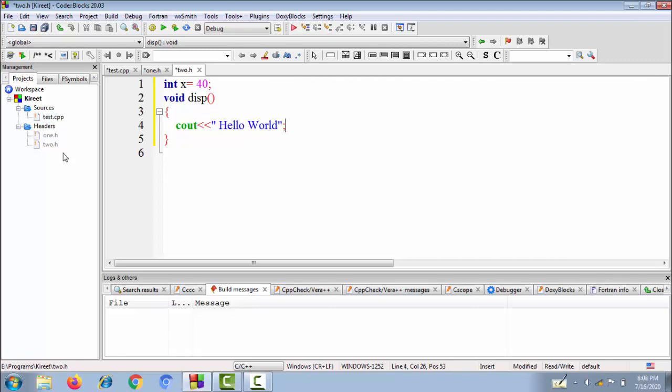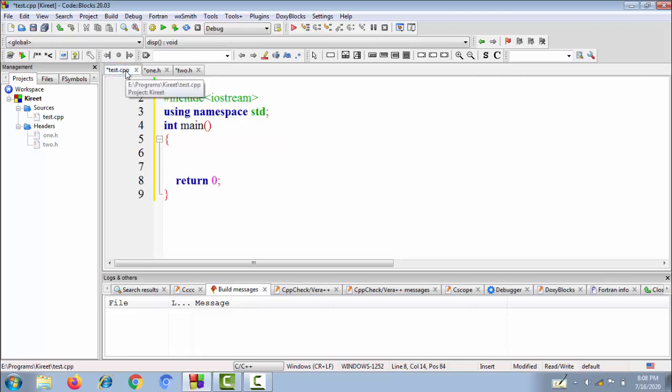So my main task now is that I have to link the code that I have created inside the header files into my main source file. This is my main source file, that is test.cpp. So I have to link this 1.h and 2.h. I'll import this, which means I'll make these files available to this one. All the functions and all the variables must be available to our source file. How will they be available? We have to include them.